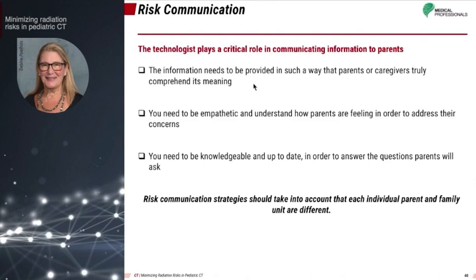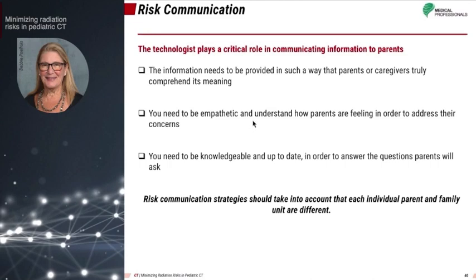It is important to remember that simply providing information to parents is not the same thing as communicating. The information needs to be provided in such a way that parents or caregivers truly comprehend its meaning. These risk communication conversations can be challenging,